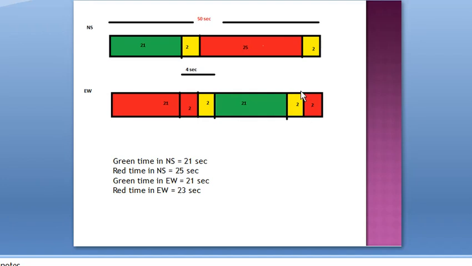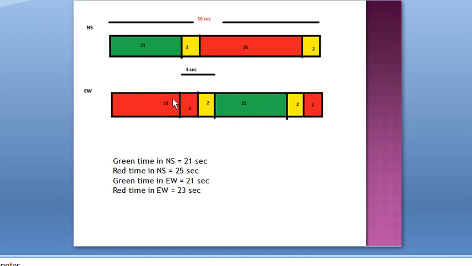Okay, then there will come some portion vacant, because here we are drawing from here, and here 2 seconds, then again 2, then here 23, and from this we draw 2 seconds, and there will be 2 seconds remaining, so we can provide it as red time. Okay, and here the remaining length is 21, because it is a green time, here 21, here also 21, it is the red time.